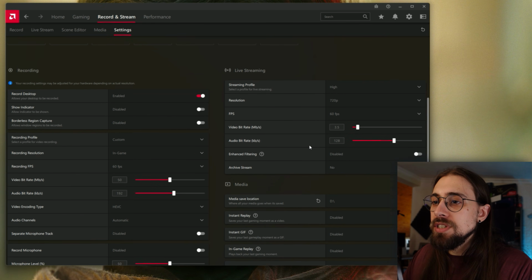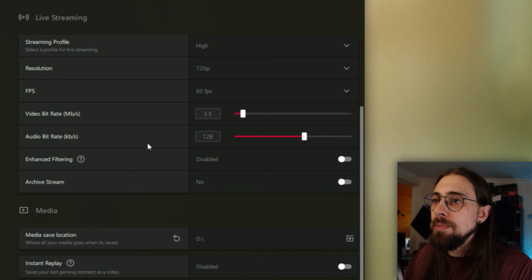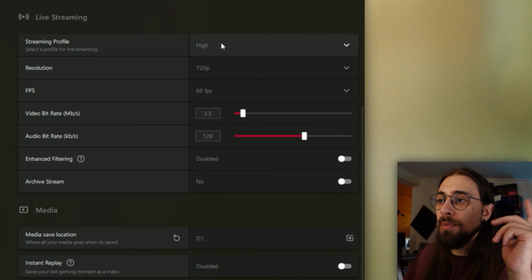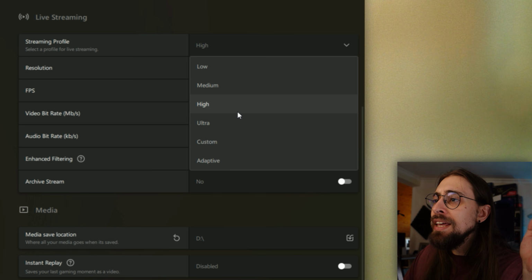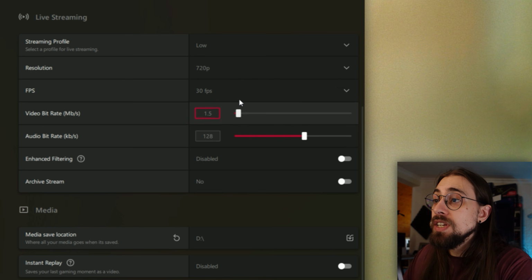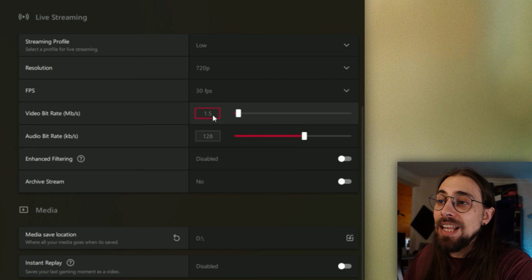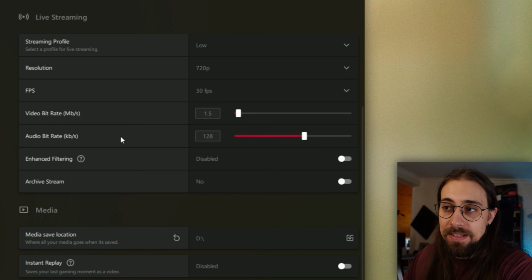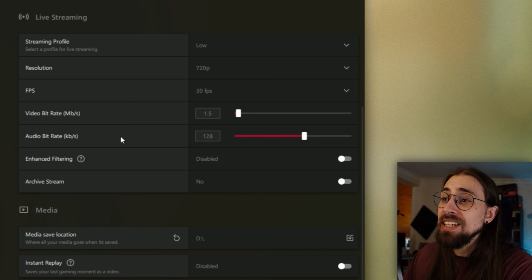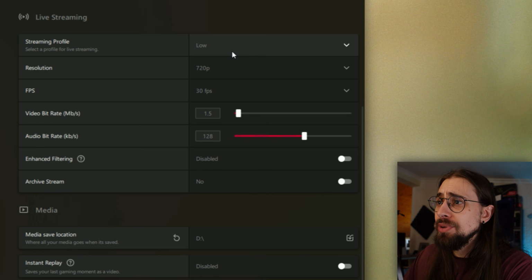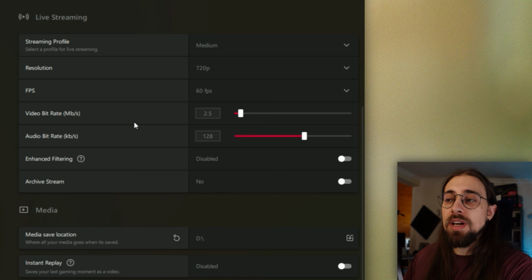Now what you want mostly is this. Is the streaming, the live streaming, and we have the streaming profiles. We have low, medium, high, ultra, and custom, or even adaptive. So if you select low, it goes to 720p 30 fps, and it is at 1.5 mbps. So 1.5 is really low, really low. As soon as we go to medium, we have 720p 60, and the video bitrate goes up as well,